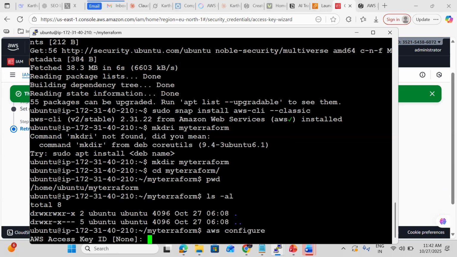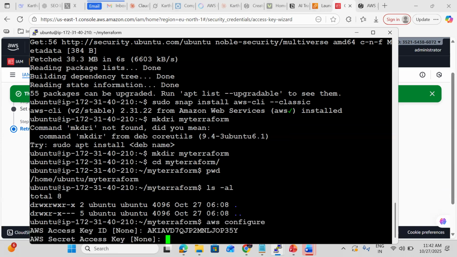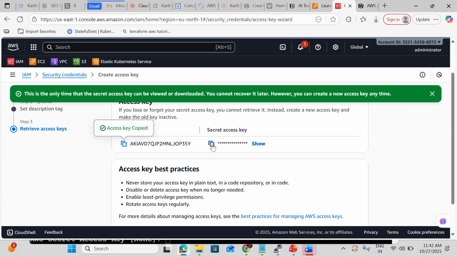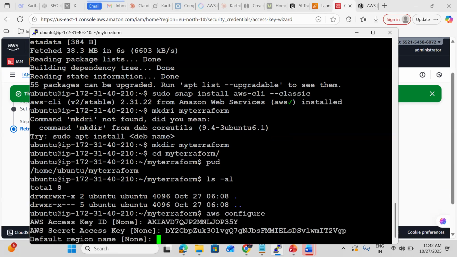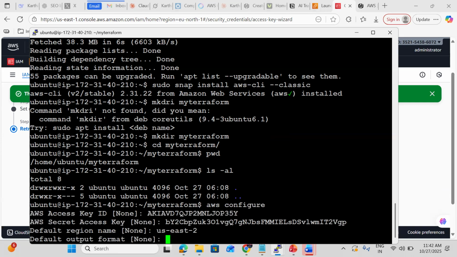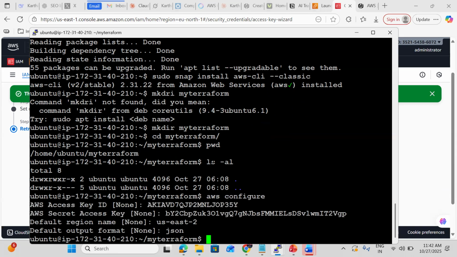Then I need to enter that access key, then the secret key. For the output format, I'll give it in the form of JSON. Okay. Then I'm going to create this